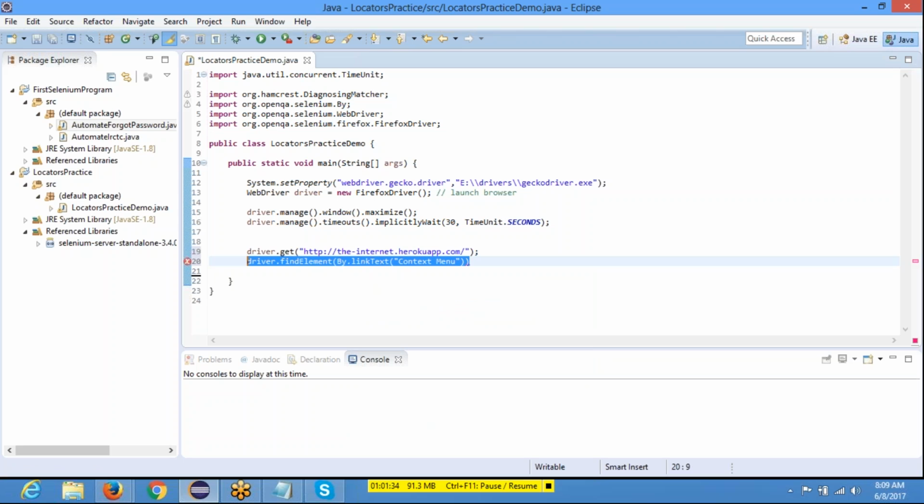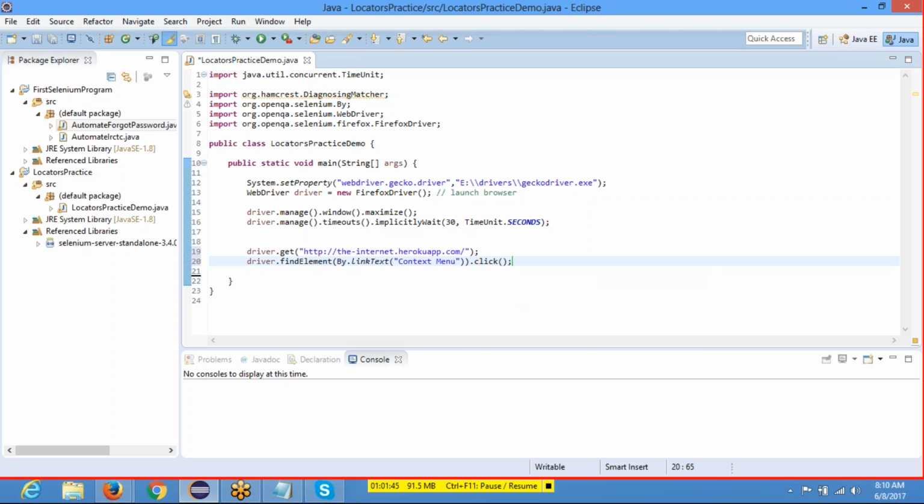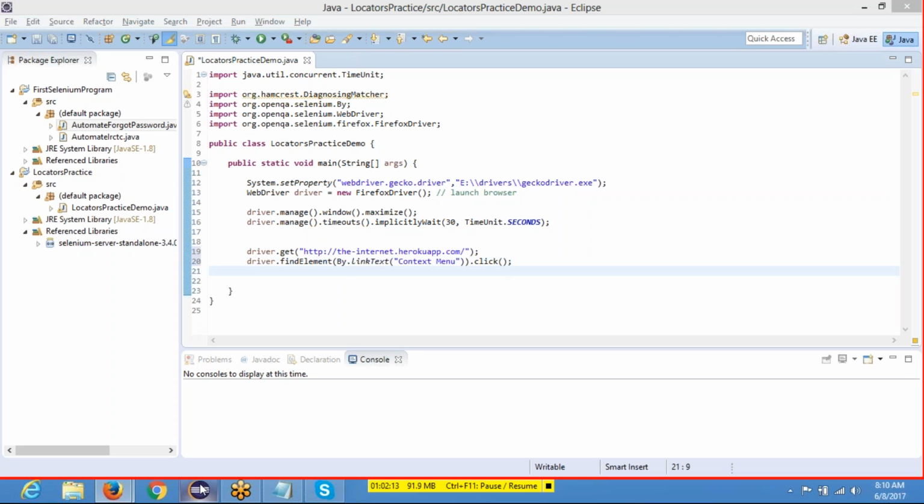So this line will return me the web element. I told you, right? You can copy that web element into some variable object and then call click, or instead you can simply click at the end, doing method chaining, one method after another method. I'm just calling the click method after the findElement method. The findElement method will return an object of WebElement. WebElement is also an interface, so findElement will return an object of a class which is implementing WebElement, so that on that object I'm calling the click method. Once click is done,